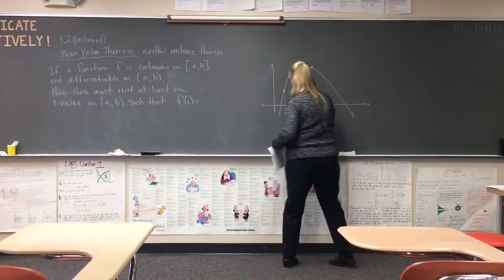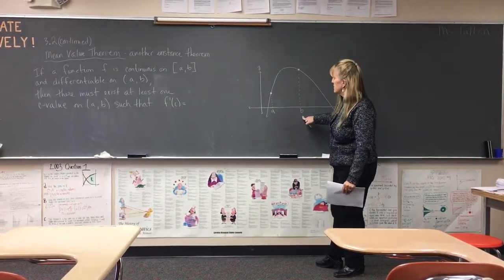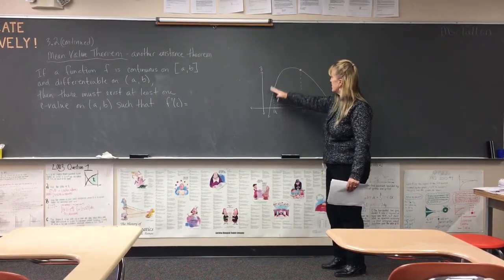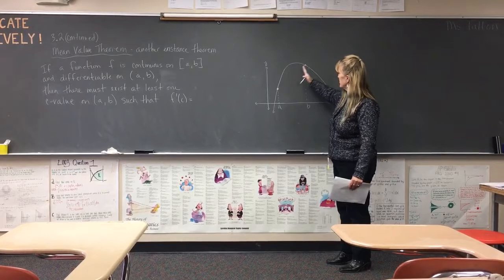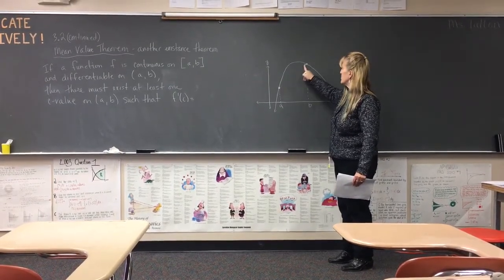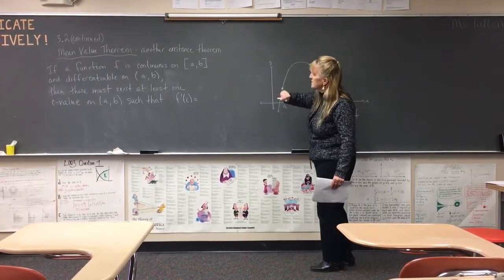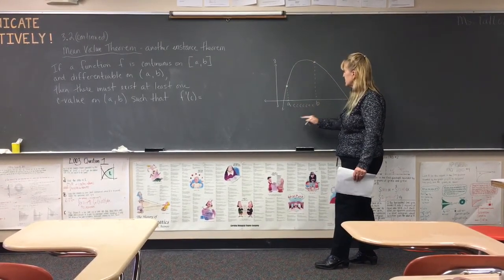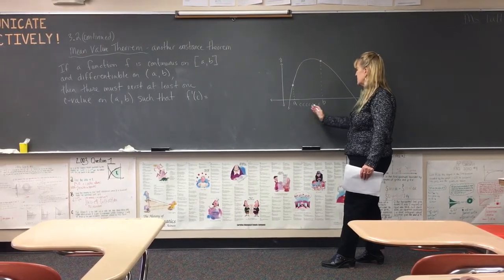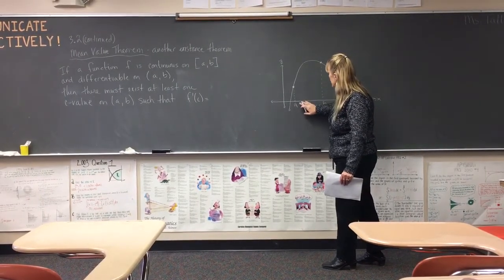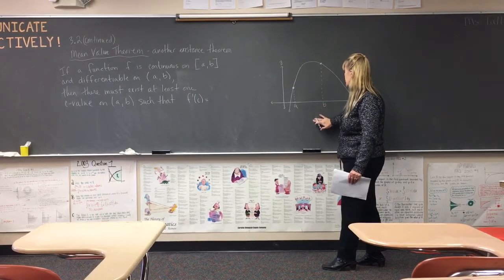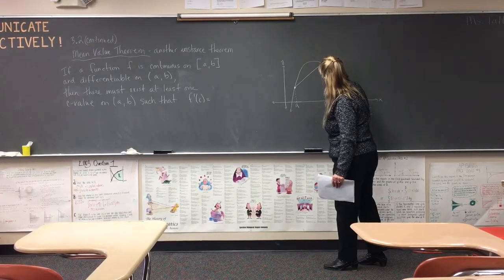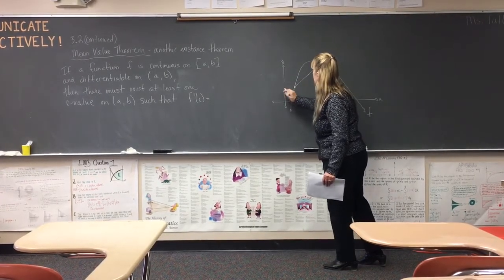So c has got to be some value in between a and b. That's because the function itself, we'll call this function f, is continuous on the closed interval between a and b, and it's differentiable on the open interval in between a and b. And there has to be some c value somewhere in here. I'm not quite sure where the c value is. Could be closer to a, could be closer to b, could be smack dab in the middle, but there has to be some c value in between a and b such that when I connect these two endpoints, when I connect the point (a, f of a)